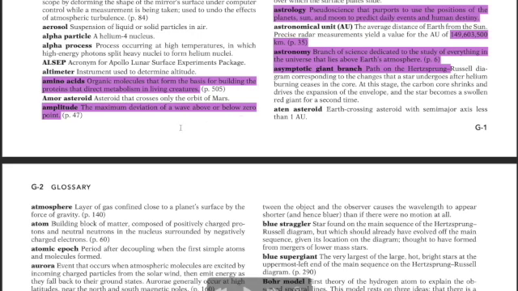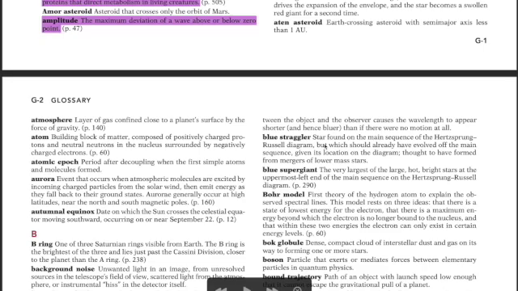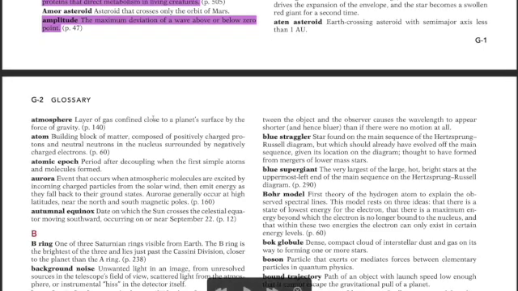Apollo asteroid: Earth-crossing asteroid with semi-major axis less than 1 AU. Okay, the distance between Earth and the asteroid is less than 1 astronomical unit. Next is